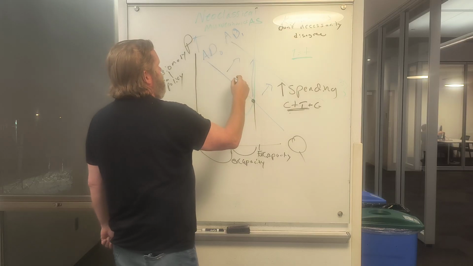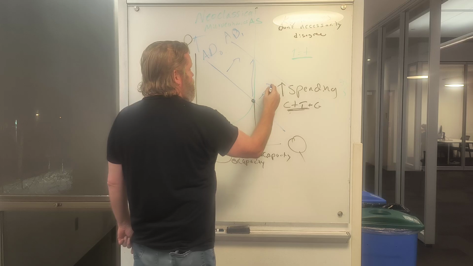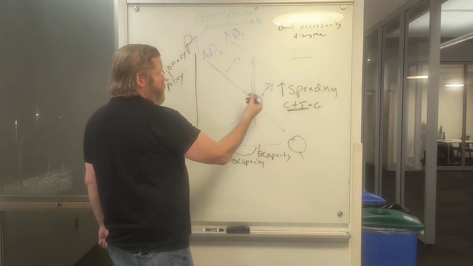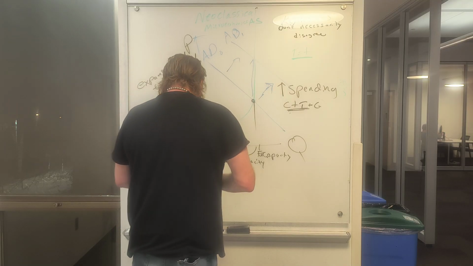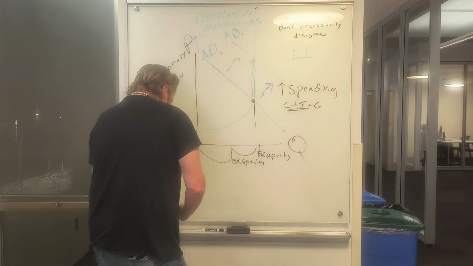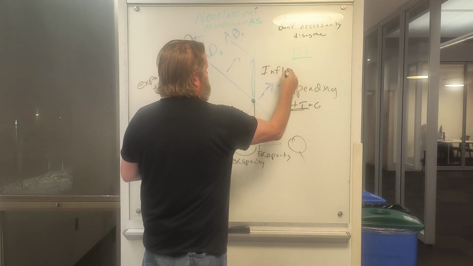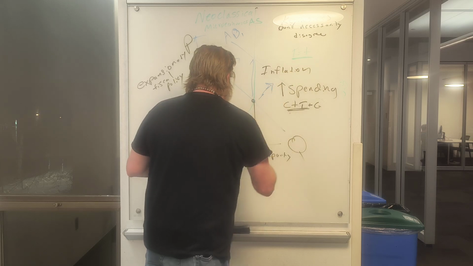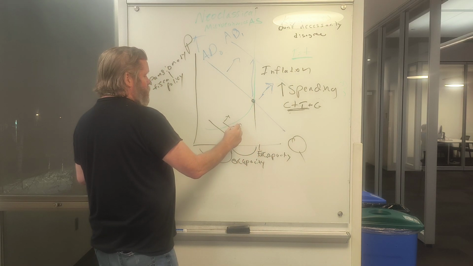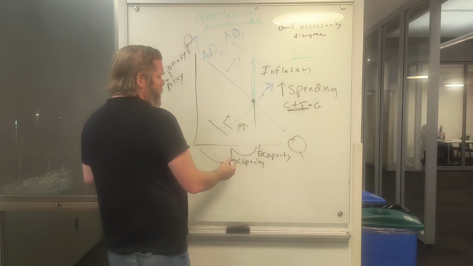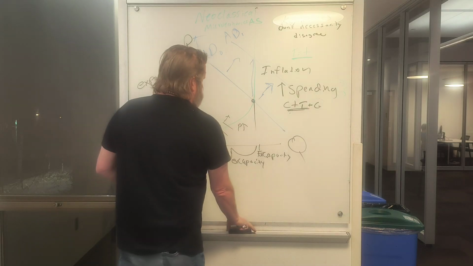Prices go up. So if we're at full capacity, and then aggregate demand rises or continues to rise, then what happens? Prices go up. This is inflation. Now, don't get me wrong, according to this graph at least, while we were going up here and increasing employment, there was also inflation. Prices were also going up, but we're not too worried about that because we're increasing in employment. But here,